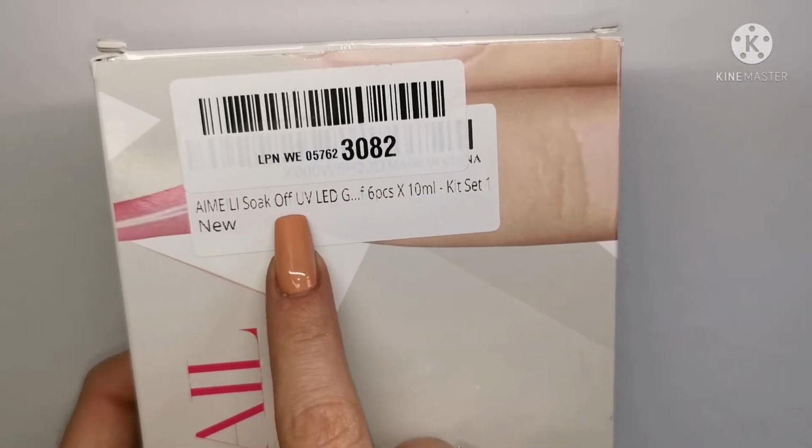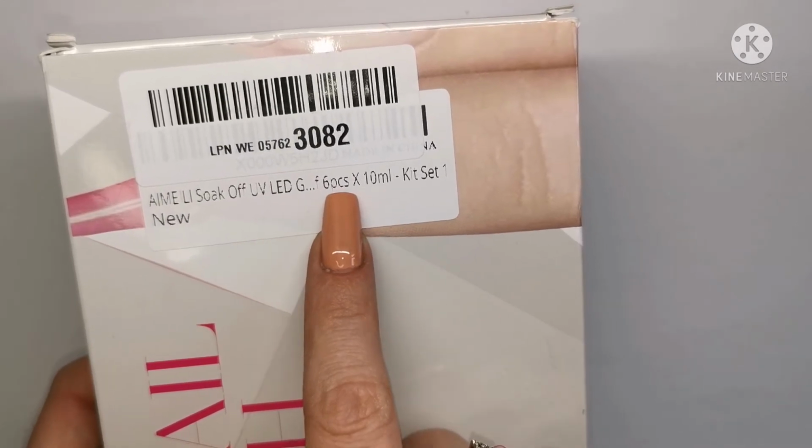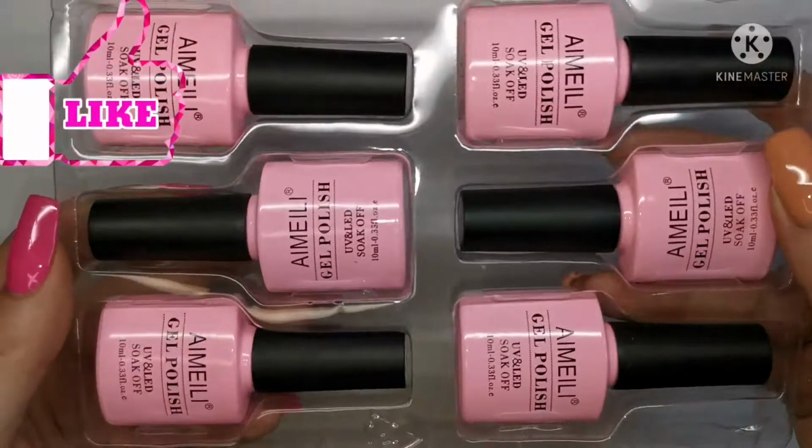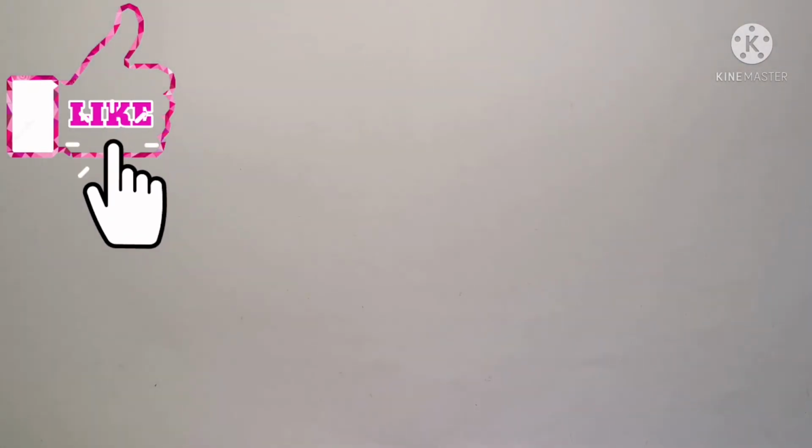So I'm going to start off by swatching this one first. Aimeili Soak Off UV LED Gel 6-piece 10mm kit set 1 new. If I can find the name for this set, guys, I shall pop a picture in the top left hand corner of the screen. If I can't find the name, I shall leave a link to it in my description box. So again, inside this box you've got the instructions, ingredients, all the boxes have got that in, and they come packaged like this, 6 in a kit. Alright, so first colour is